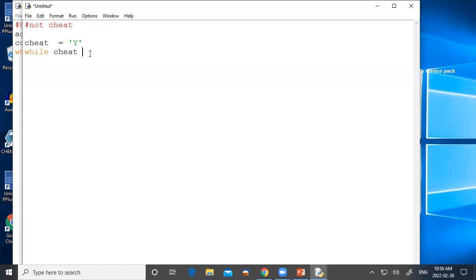No, I could write while true, but I can't write while y. I have to say while cheat, because y is just a value which is being stored in the variable cheat. So yeah, I could say while true. Maybe we'll look at that in a minute. Let's try this. While cheat is, now when we do equals for equality testing. See, I told you that the equal sign doesn't actually mean equal. This is the thing that actually means equal. What we're saying is, is this thing equal to something? So while cheat is equal to y,